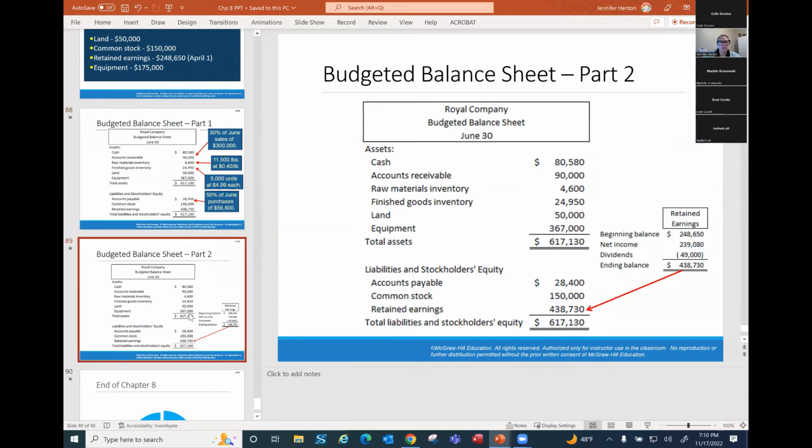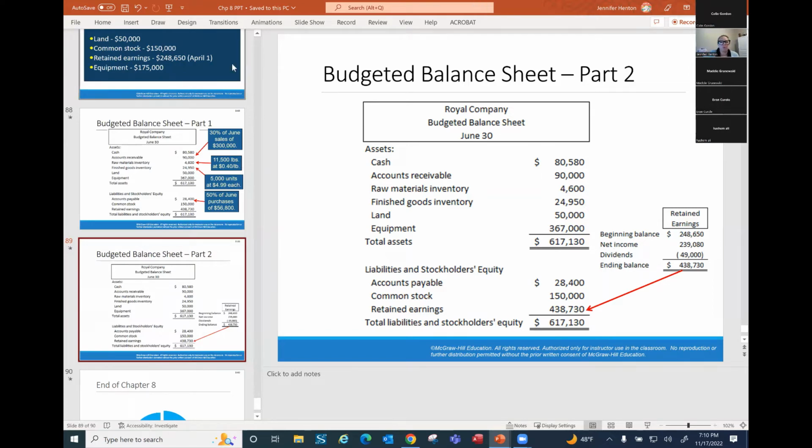So that was walking through the master budget. And on this last slide, what I had just done with the retained earnings, this is the little formula here. If you don't remember, we talked about this in the beginning of the semester. So we have our beginning retained earnings plus that income, less our dividends, and we'll get our ending balance of